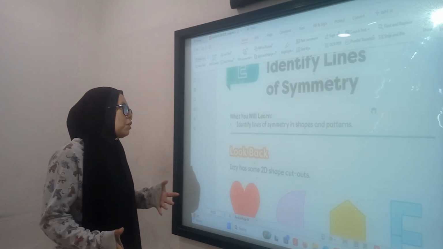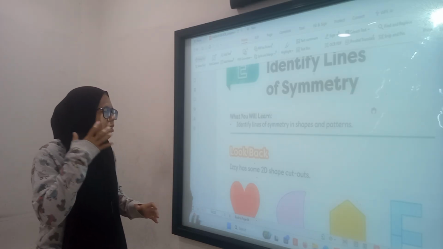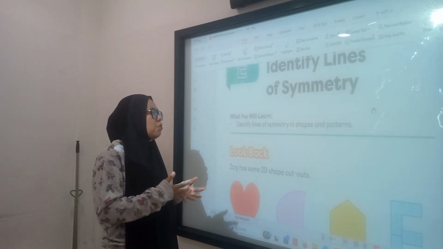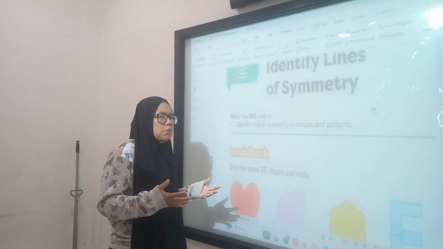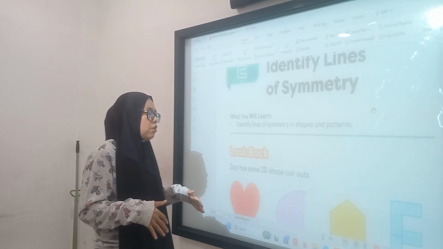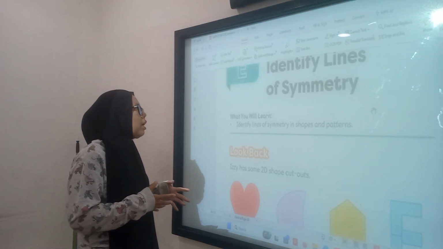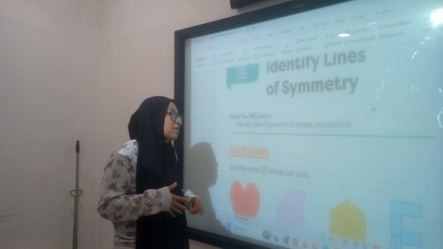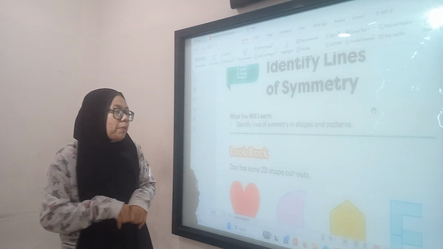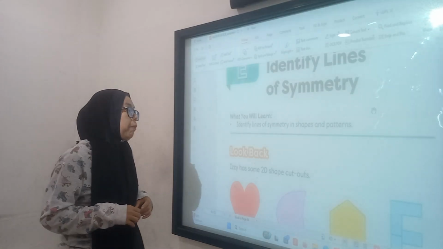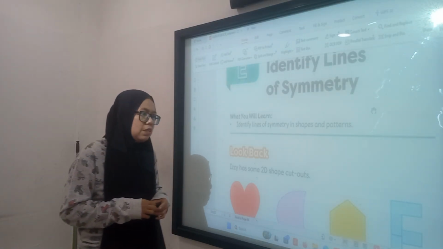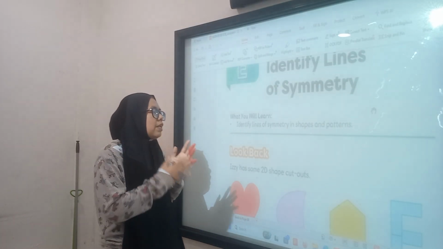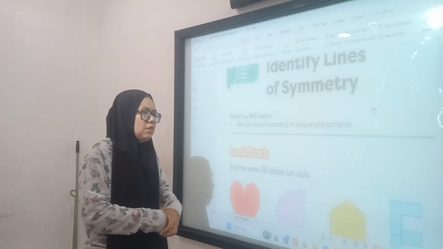So when we talk about line of symmetry, I will guide students. When we talk about symmetries, I will set the symmetries when the line is seen to be equal on each side. So when students identify which one is the line of symmetry, I will do a simple practice. I will show them a paper and then I will try to fold it. When I fold it and the shape is equal, we will get the line of symmetry. So it counts one.